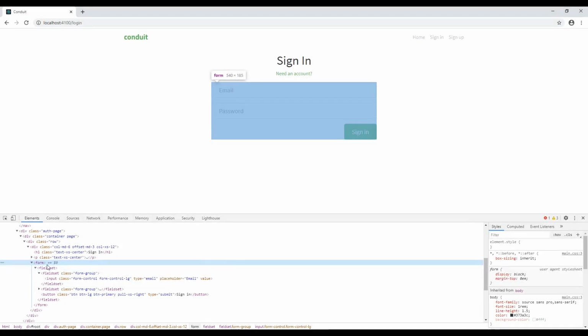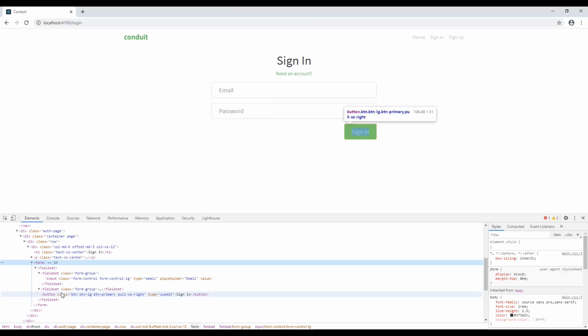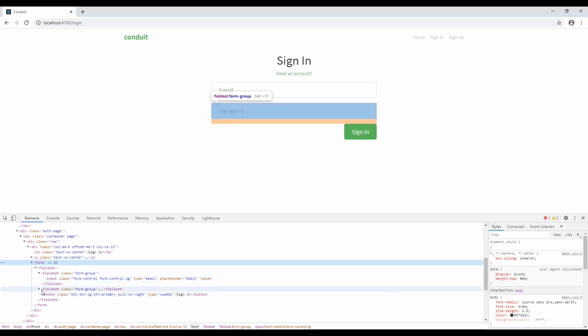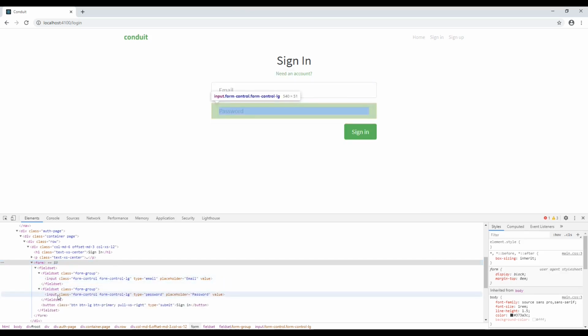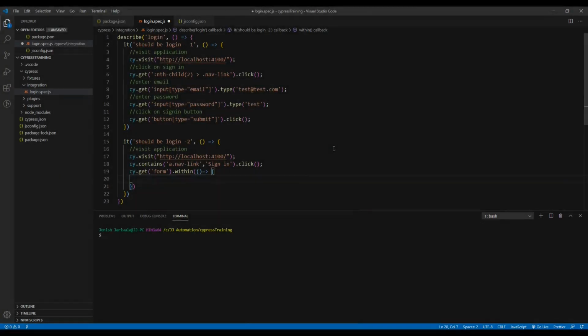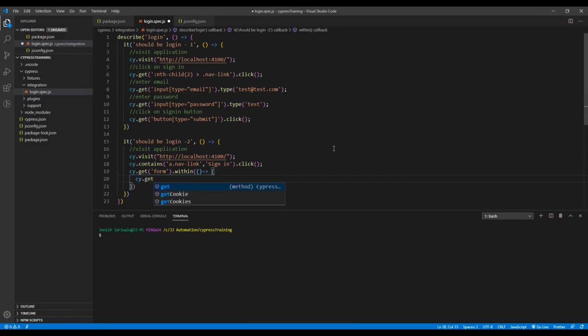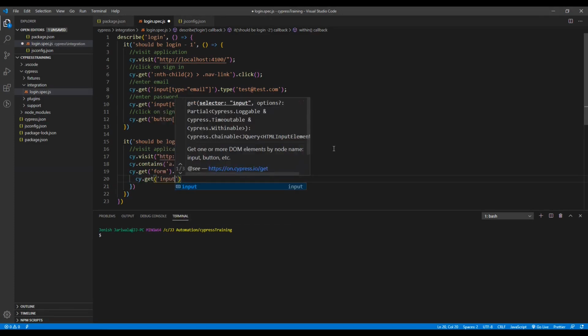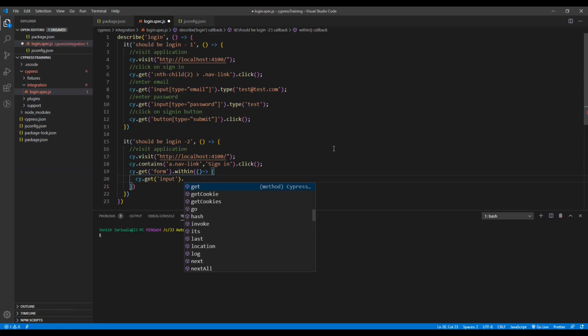Now inside the form we have 3 fields, an input and one more input. So we have 2 inputs. If you want to perform an action with the first input, what can you write? cy.get the input tag, and we want the first one.